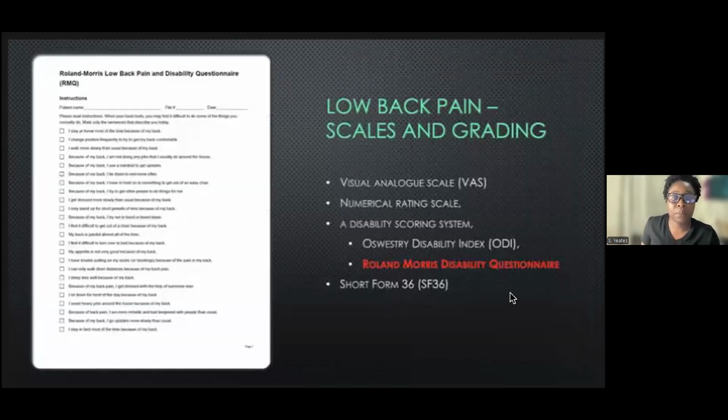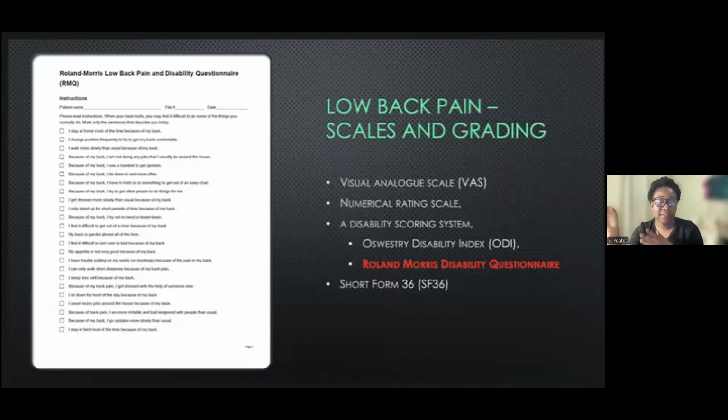Next, we have the Roland-Morris Disability Questionnaire. Now, in 1983, the original questionnaire was used to measure self-rated immobilization resulting from low back pain or back pain. It was designed, as I said earlier, particularly for research as an outcome measure for clinical trials. But it has been found to be very useful in monitoring patients in clinical practice and primary care, particularly in the United Kingdom. It is formulated by choosing statements from the Sickness Impact Profile, or SIP, which is actually a total of 136 health status measure,